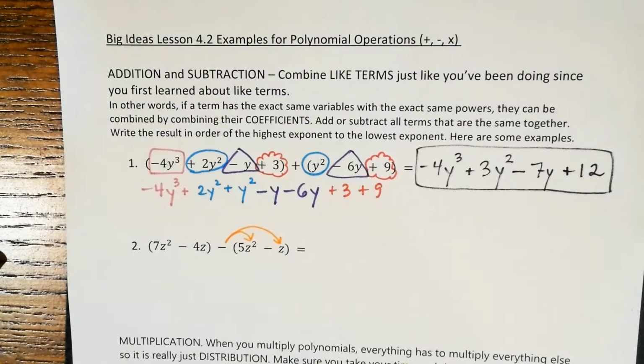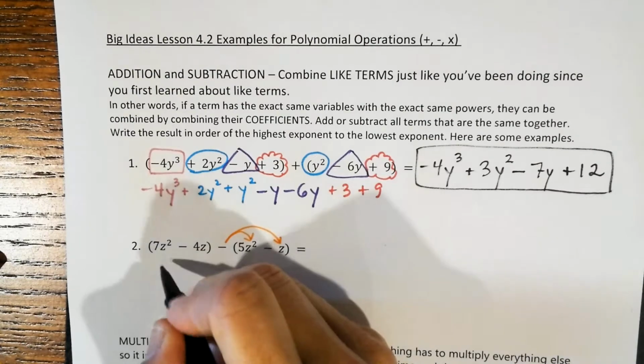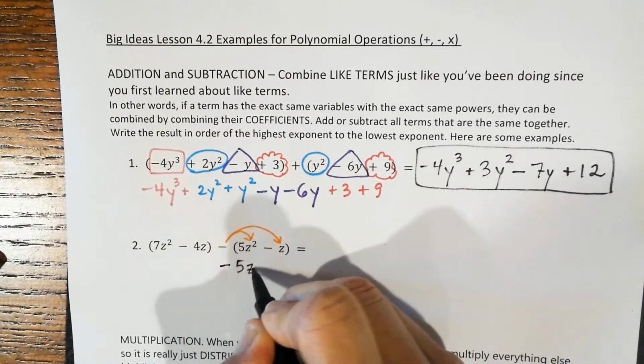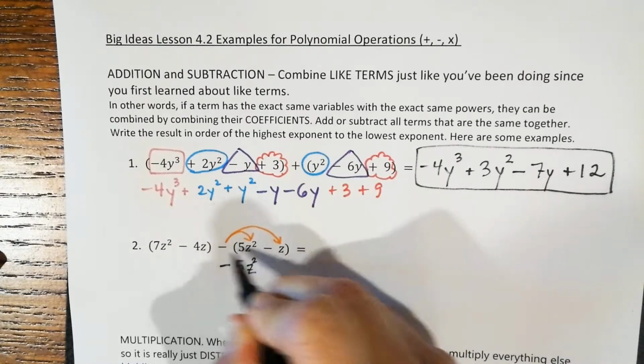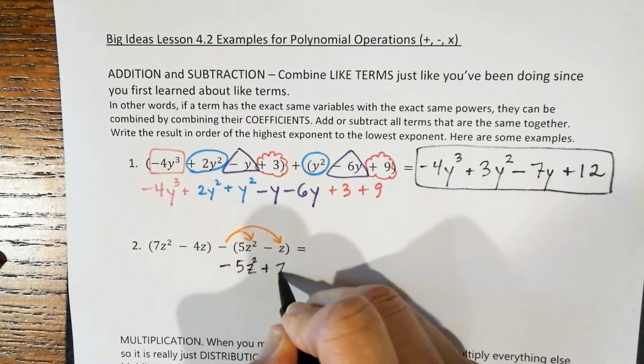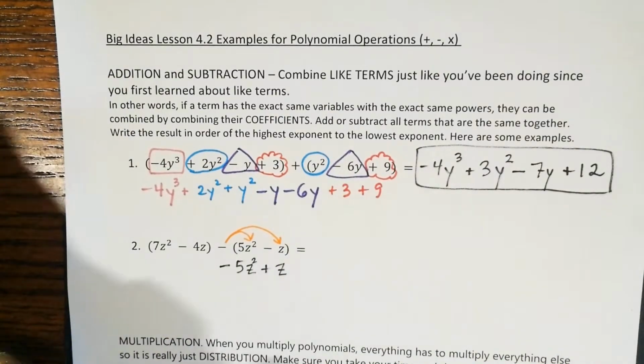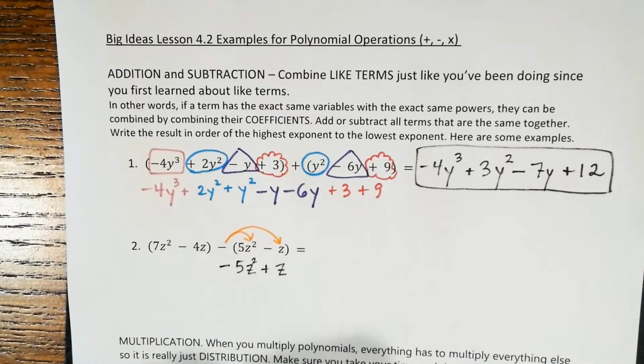You all know I like to rewrite stuff. So if it were me, I would probably rewrite minus 5z squared here, and then minus minus would give me a plus z. So again, I would go back to my colors because now I have